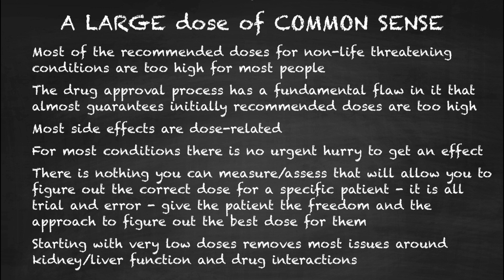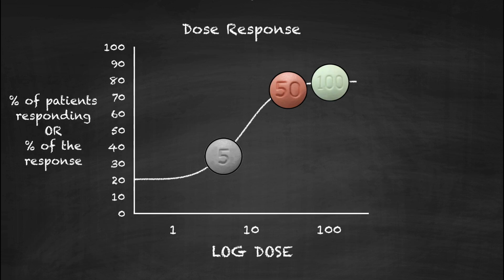And one of the cool things is, if you start with very low doses, it removes almost all the issues around what is the person's kidney or liver function. And almost all drug interactions become inconsequential when you do this. So you may as well, if you're treating non-life-threatening conditions, which is probably the vast majority of things that you're doing on a day-to-day basis, start with very low doses, say maybe a half or 1/4 of the typical doses that you've been starting off with, and then